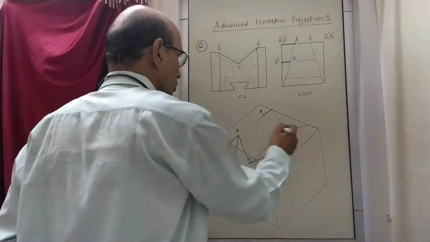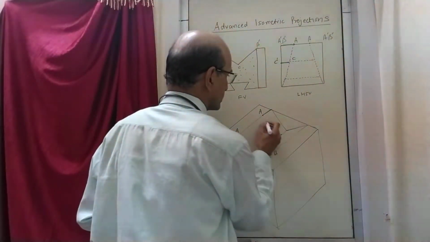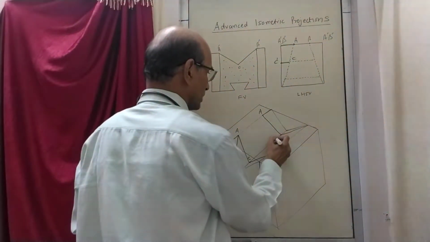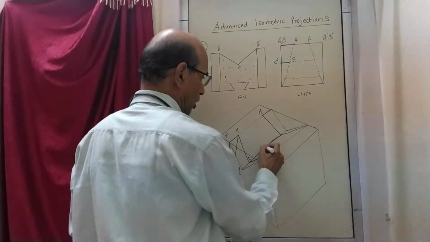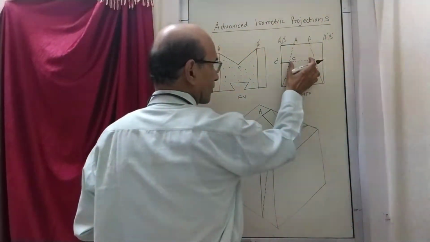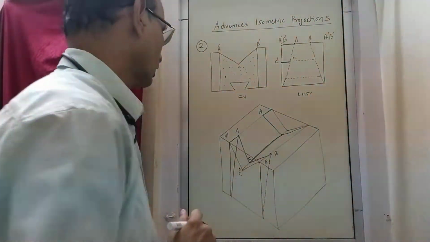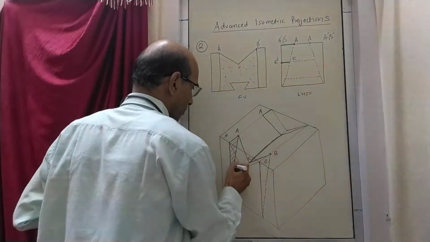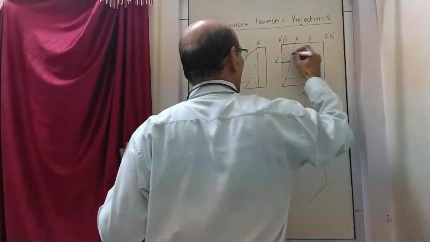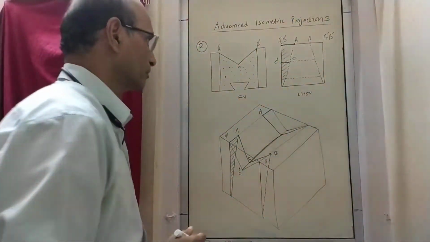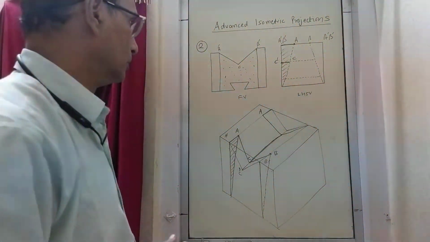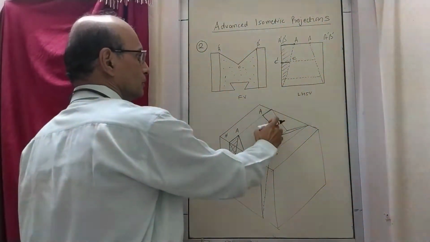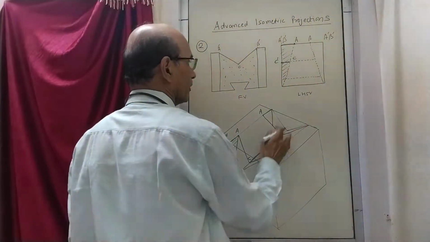Okay, same thing here also. This will come maybe something like this. This will be here, like this, and then what is remaining is only this line. So this line which I have drawn just now is this. So we are on the inclined surface, and this is the flat surface, which is here. Okay. What will happen here? Here it will be a straight line. That is this surface.